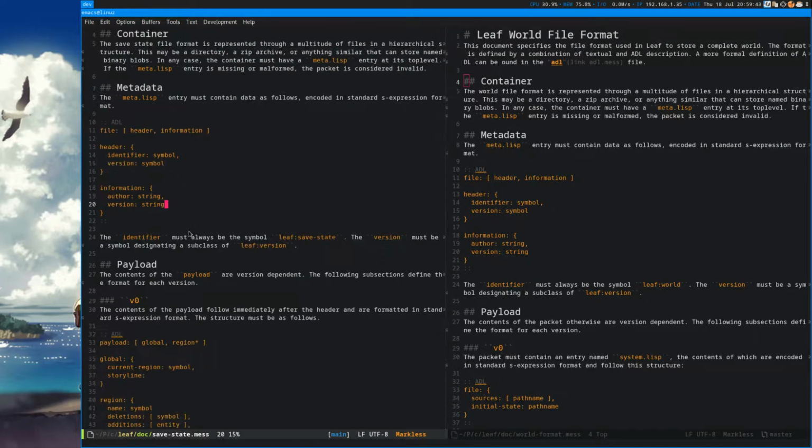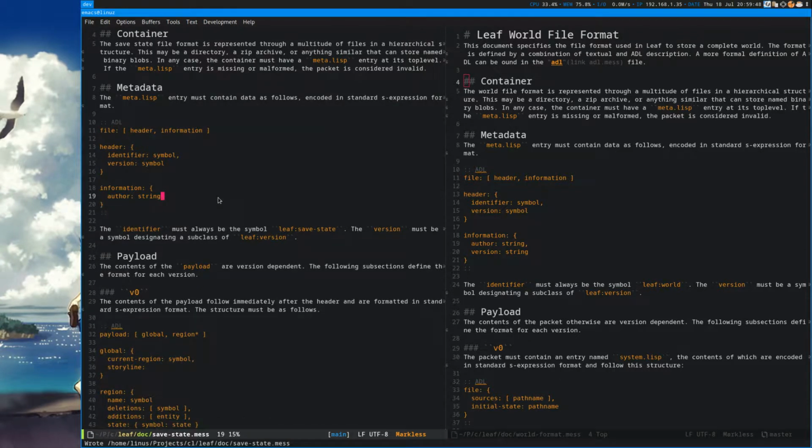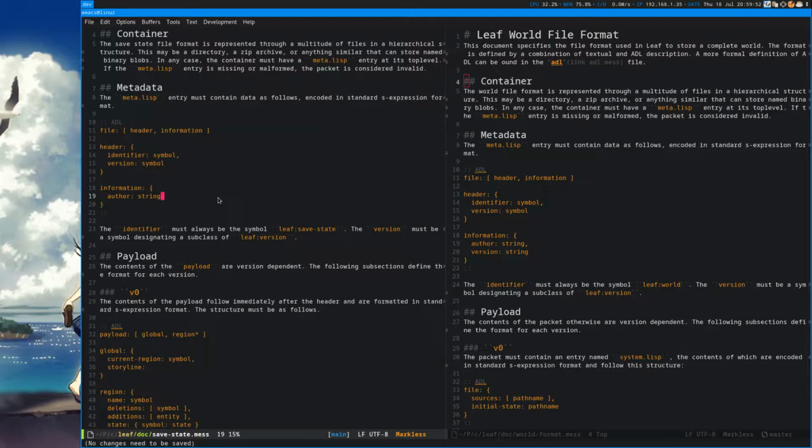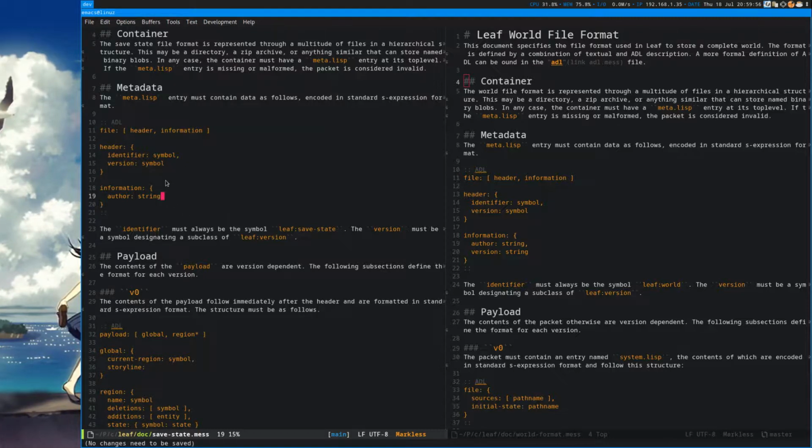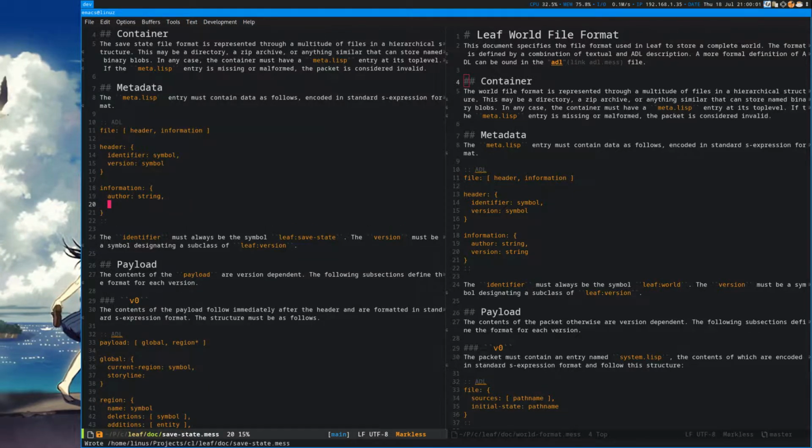So we're gonna store an author and a version in here. That doesn't need to be happening. An author is good, so we can note the player's name in there or whatever. That's fine. I don't think we need anything else. Maybe a date. No.